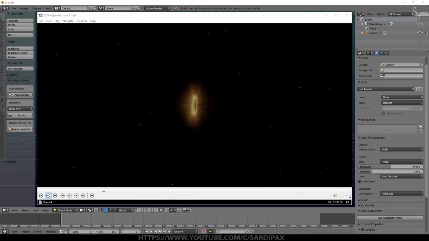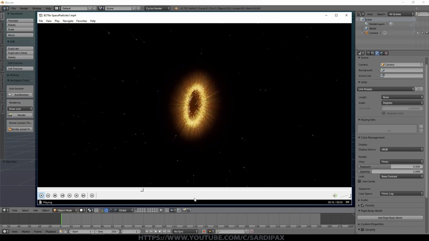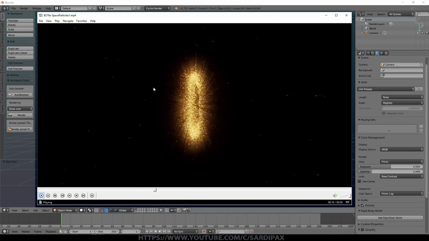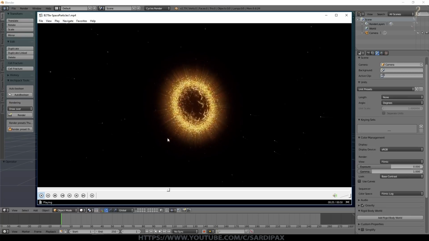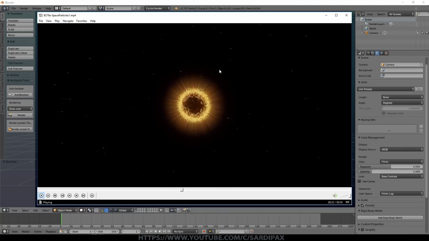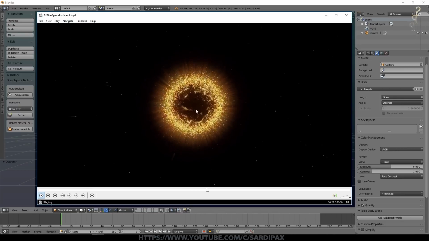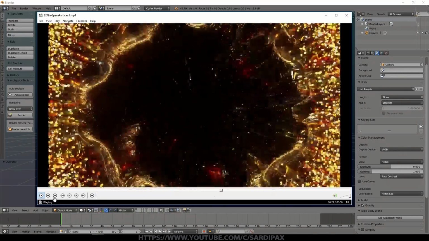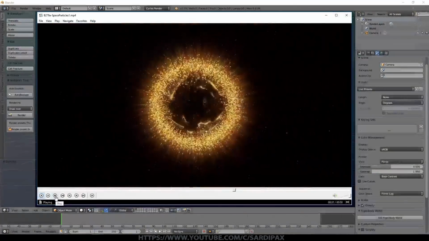Hi there. In this tutorial I'm going to talk about some of the elements of how I created this short sequence. So as you can see, we've got this strange object in the middle, and it seems to be emitting some particles that orbit around it a little bit, strange sort of iris effect around it, and there's this watery effect in the middle, and then the camera zooms through and back out again.